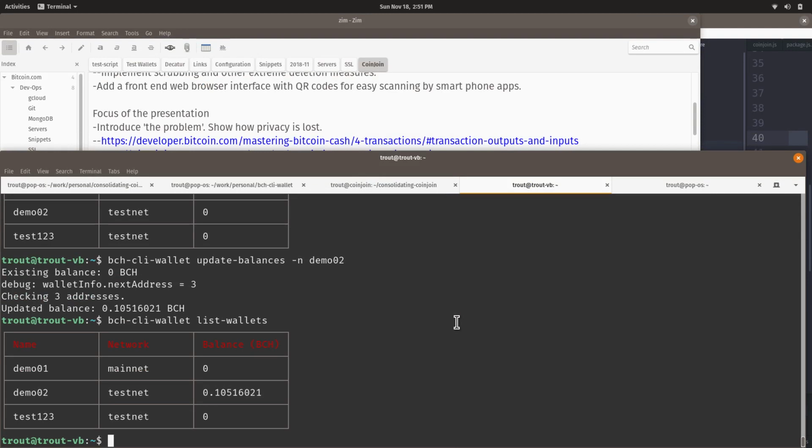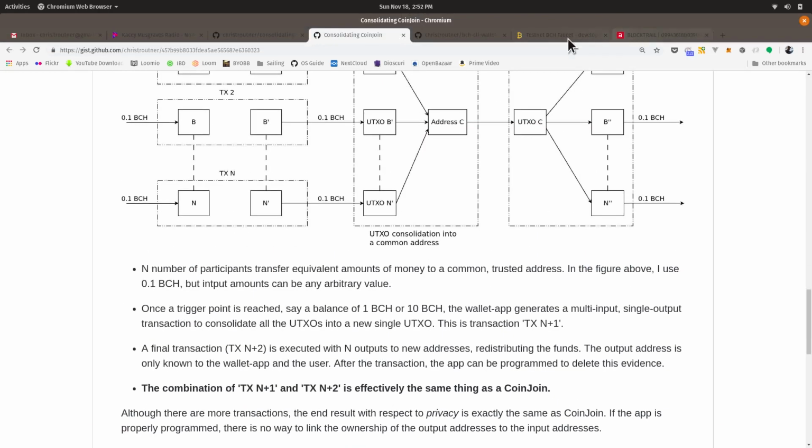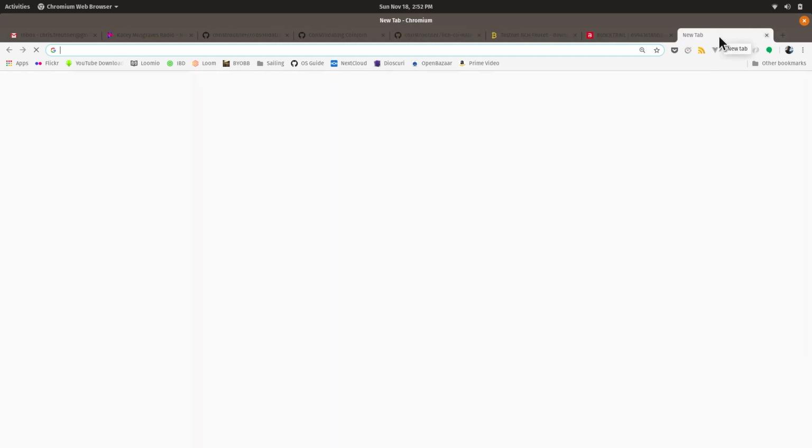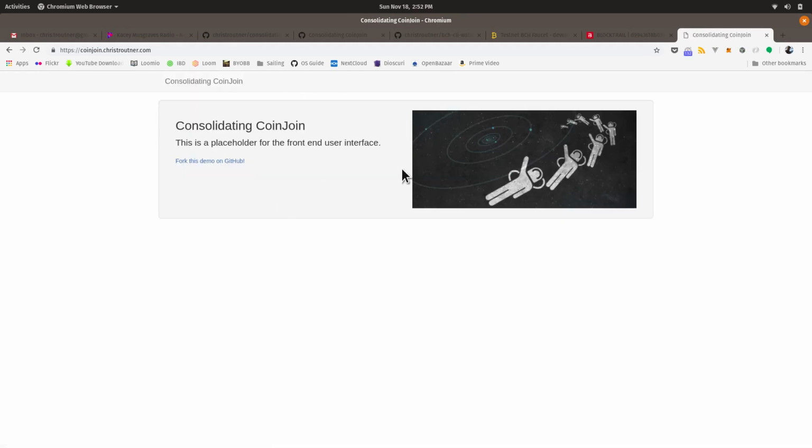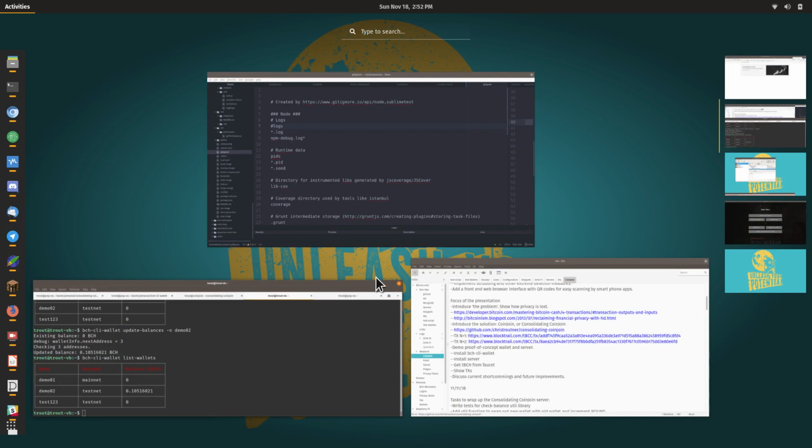So now that I have this wallet and I've shown how to install the command line wallet, generate an address, and send testnet BCH to it, now I'm going to show you, well actually I already have a server set up at CoinJoin.christroutner.com, and right now I just have this placeholder because there is no web user interface. Eventually there will be. You would scan a QR code here with your wallet app on your phone and send the money that way, and then it would send the anonymized money back to you. But in the meantime,